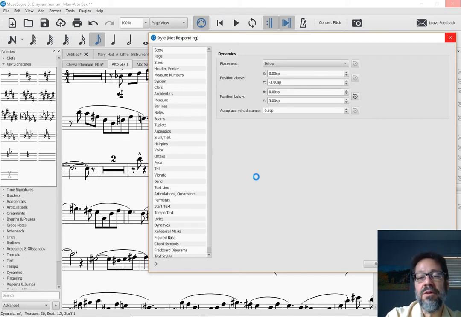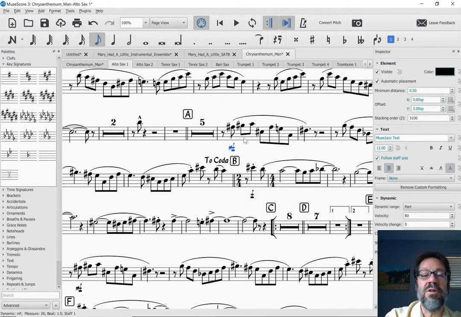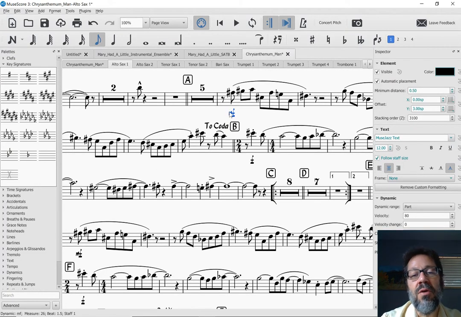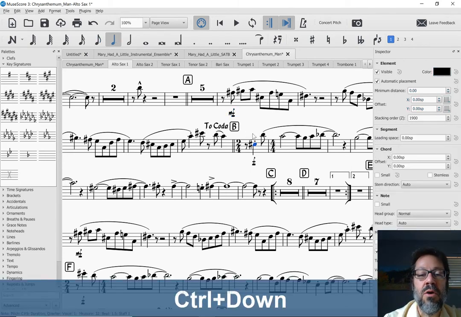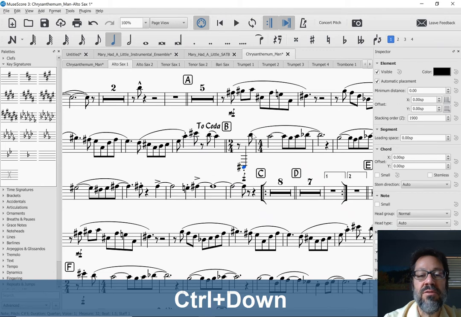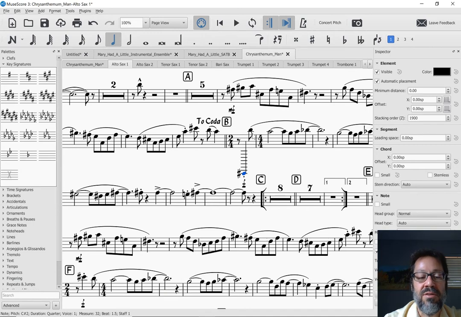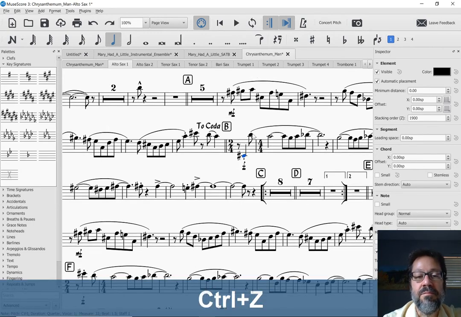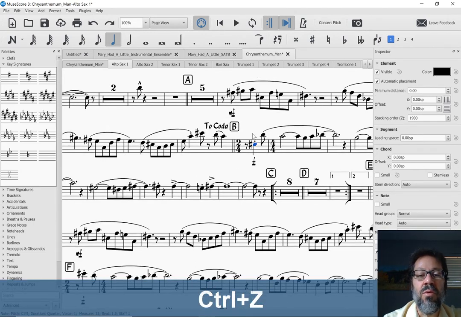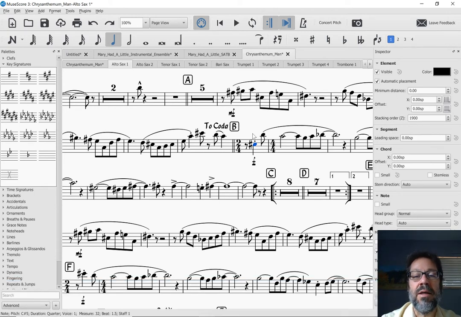So at this point, oh, well, I guess applying it to all parts takes a minute. Either that or it's crashing, which is possible. That would be unfortunate, but it just takes a minute to apply it to all parts. Okay, so I made that change. Now my dynamics are closer to the staff. And you don't have to worry about collisions because if this note had been lower, autoplace does its job. It pushes the dynamic further down, opens up extra space. Everything's doing what it needs to do kind of automatically